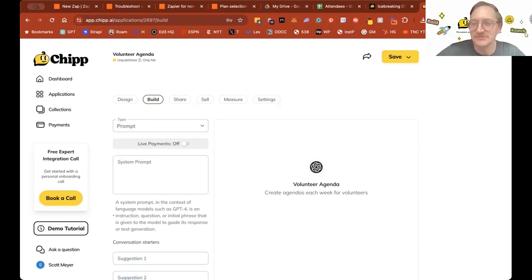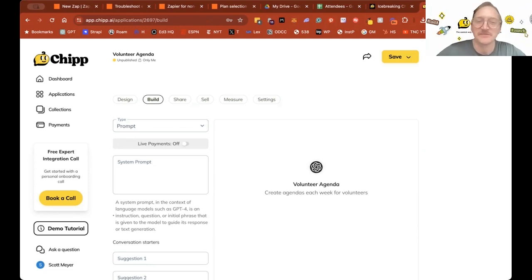Yes. Good question, Breedy. Is Chip going to be free to use and share without monetization enabled forever? Will it eventually move to a narrow freemium model? Our plan is to keep it as is, which is you can build 3 applications for free, but you can't take off the Chip branding if it's free. Essentially, it lives on our subdomain, like yourname.chip.ai. If you pay, you remove the branding, so it could be breedy.com, and then you could build more applications.